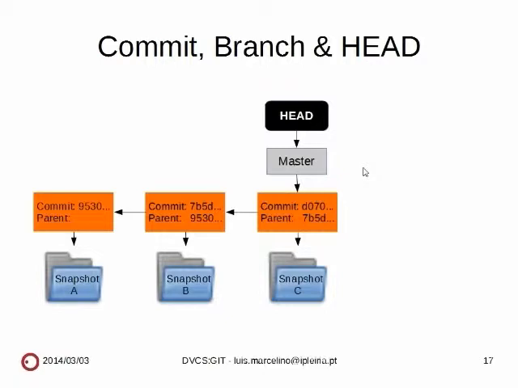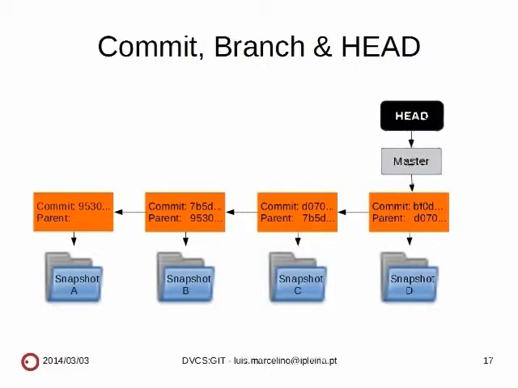to. I can change HEAD and say, well, now I want to work on some other branch. So HEAD will point to some other branch, and HEAD will be the one that moves forward when I do a commit. So if I commit, say, commit BF0D, obviously the parent is D070, and because HEAD is pointing to master, master will move forward to the new